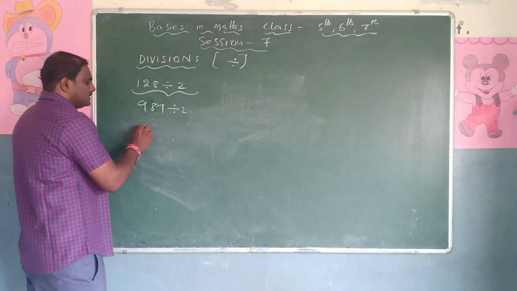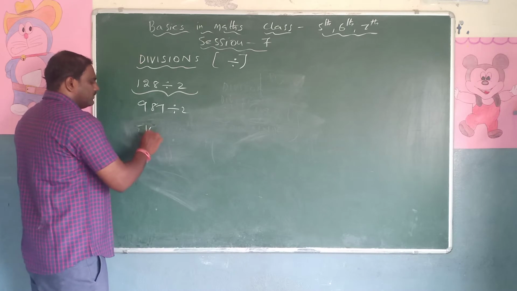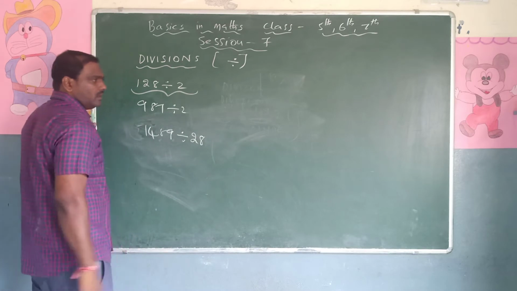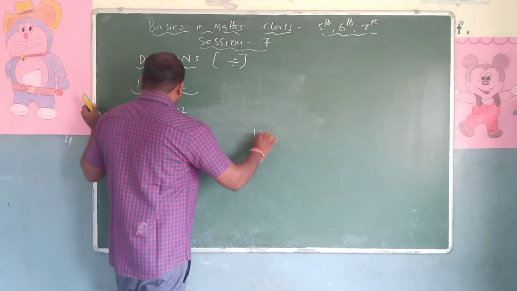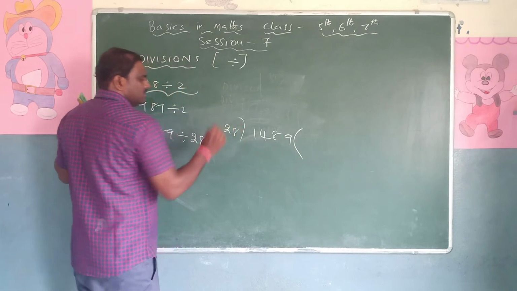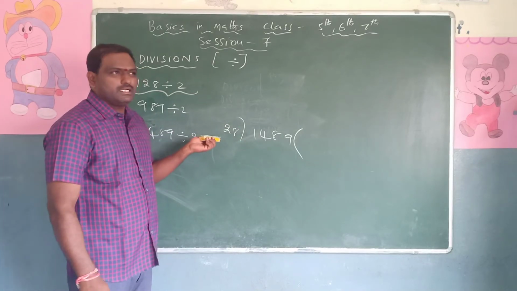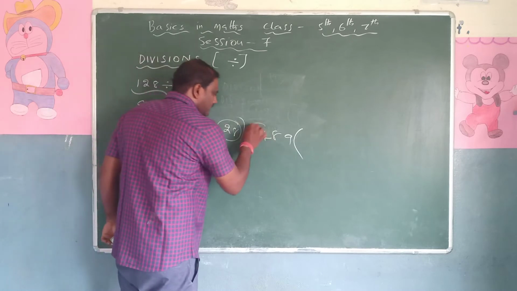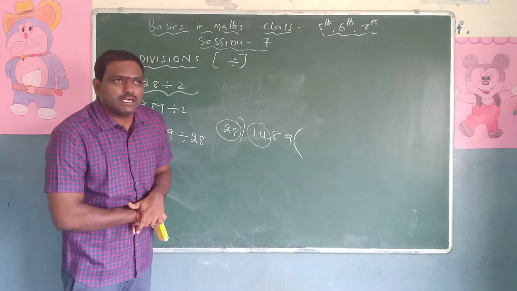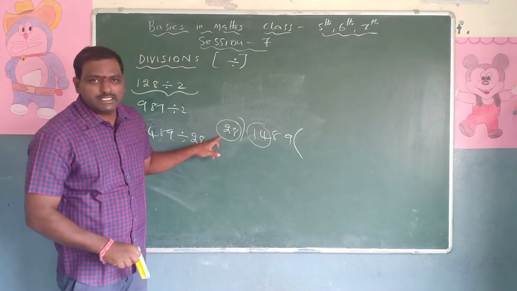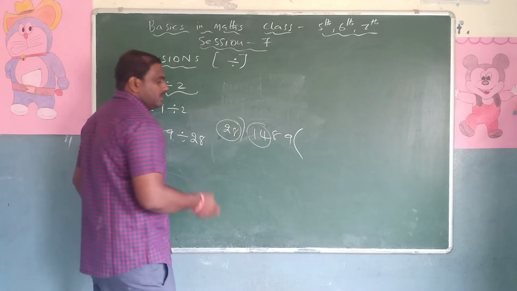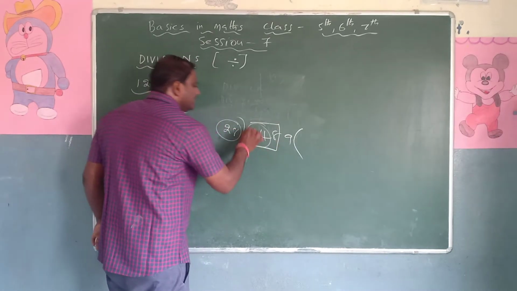First you have to remember. Suppose the question is given like this: 1489 divided by 28. Now in this case, how to take? Look at this. How many digits are there? Two digits. Now here also we have to take two digits first. Now 28, 14. Which is bigger? 28. But actually what is the condition? Which must be bigger? The number inside the bracket must be bigger. So what we have to do is we have to take three numbers at a time.